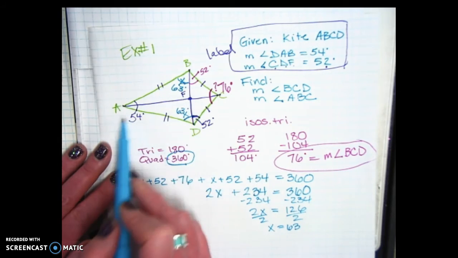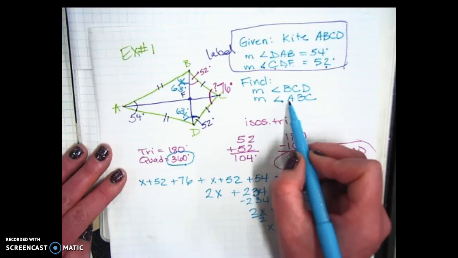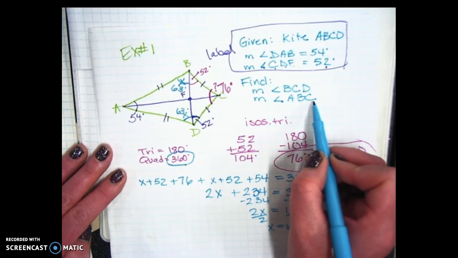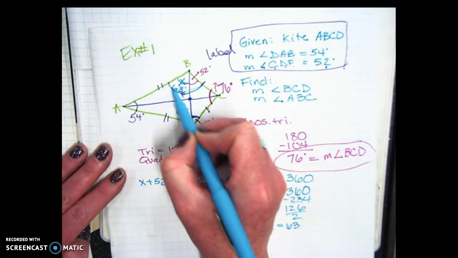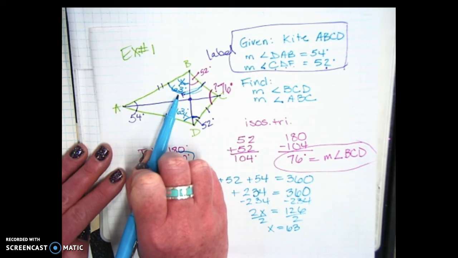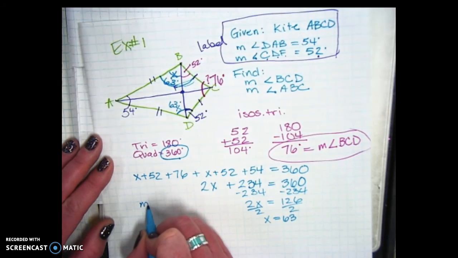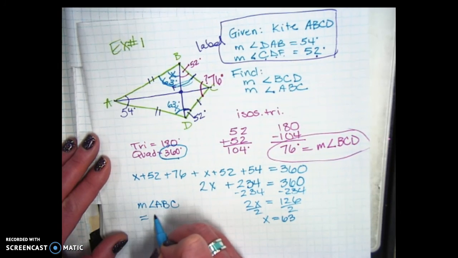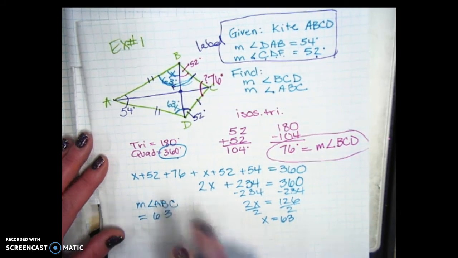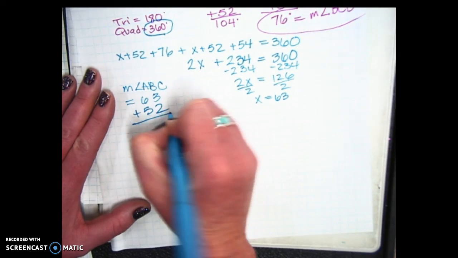So we have everything, all of our angles are measured, right? Go back to the question, which was, what is ABC? So ABC is this whole angle right here. So is my answer 63? No, I have to add the 63 and the 52. So the measure of angle ABC is equal to 63, we move it up a little bit, plus 52 for a total